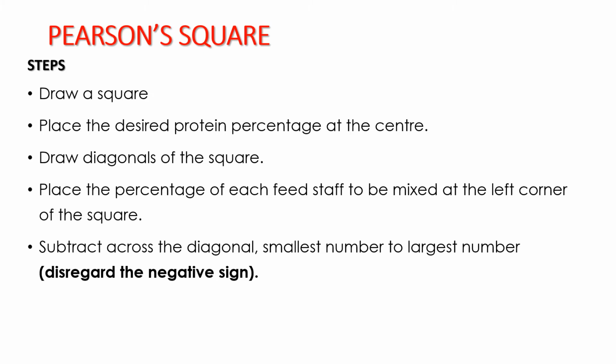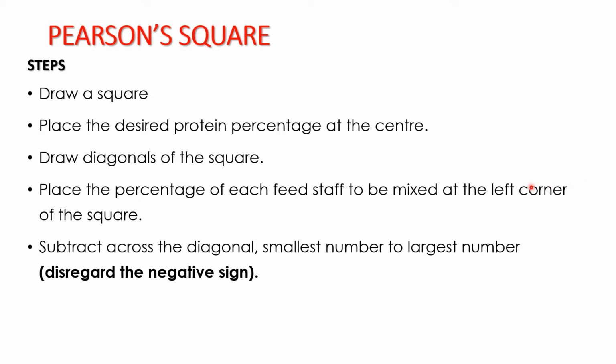Then you draw the diagonals of the square. After that, you place the percentage of each feedstuff to be mixed. The ingredients will have different percentages in terms of protein content. So you place the protein percentage of each feedstuff to be mixed at the left corner of